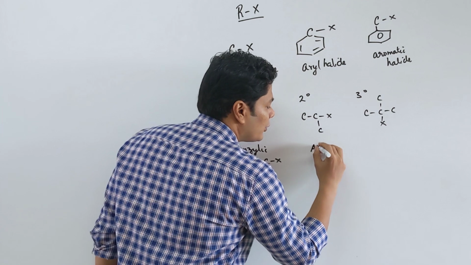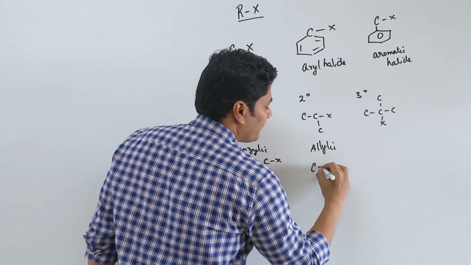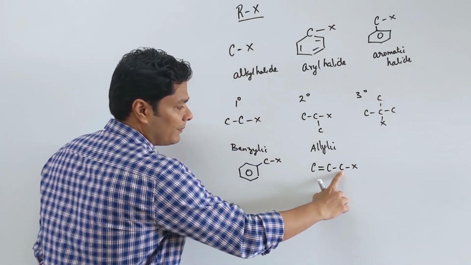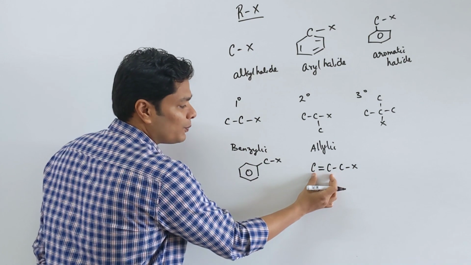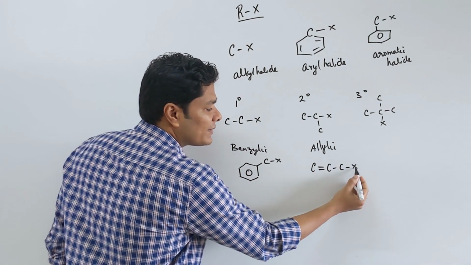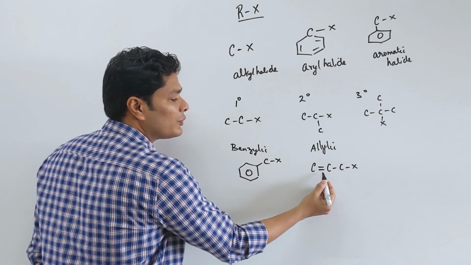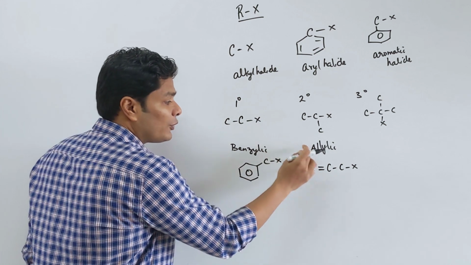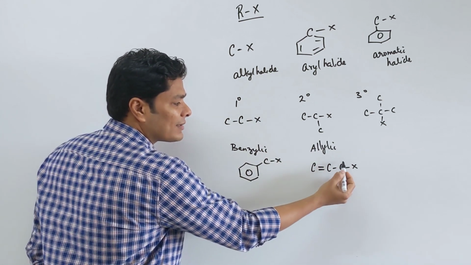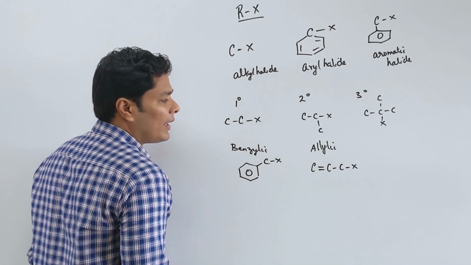The other one you want to know is allylic. Allylic is when you have a halogen attached to a carbon that is attached to a vinyl group. This is a vinyl group, this whole thing is an allyl group. So when you see this X, it is attached to a carbon that is attached to a C double bond C. So this is an allylic halide because this is going to play a role. If this X goes away as X minus, I get a positive here, it becomes an allylic carbocation, stable. So you want to know allylic.